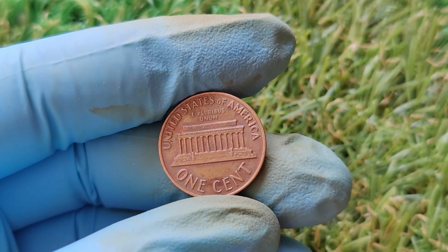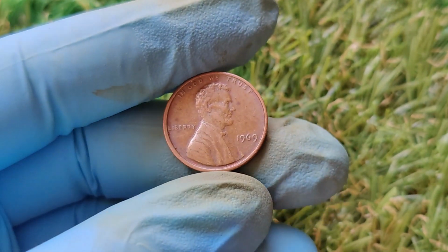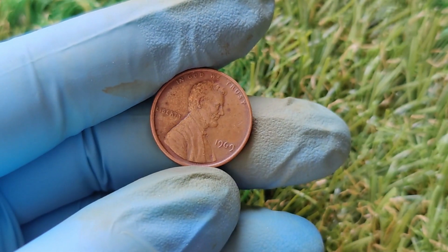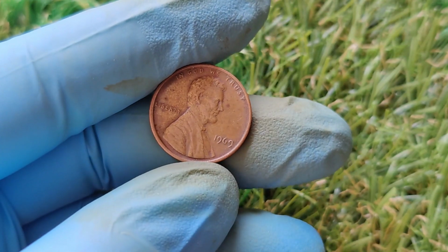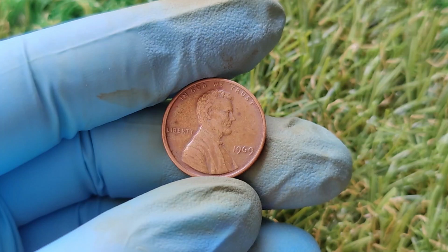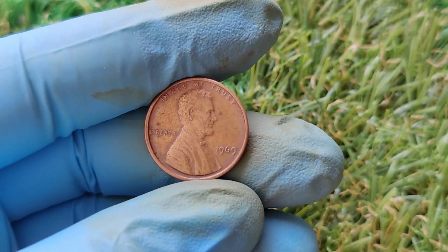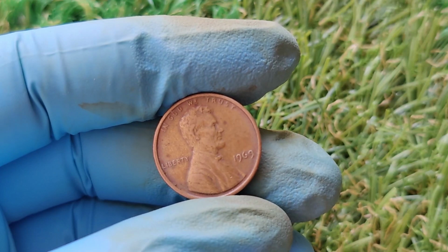If it looks suspicious or you think you might have something special, it is a good idea to have the coin authenticated by a professional service like PCGS or NGC. They can certify the coin and give it an official grade, which can really help if you decide to sell it. Speaking of selling, the current market in 2025 for these rare 1969 S double die pennies is still very